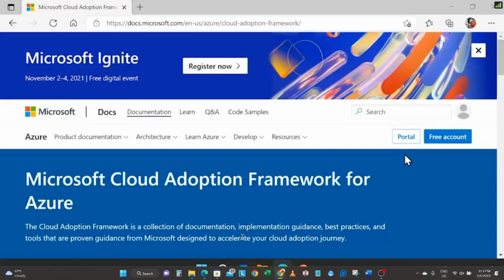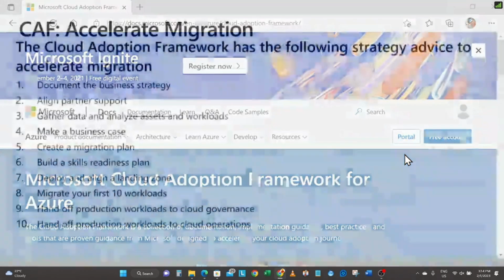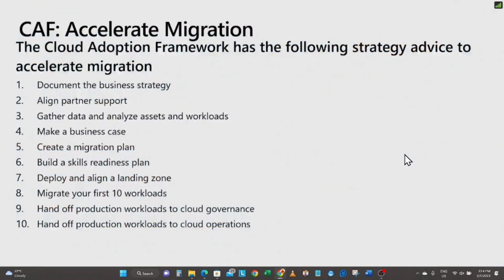So something you want to get used to. You want to bookmark that page, go to it right now. I know the link's already been up on the screen, probably there right now. Just bookmark it and have something to go back and refer to. It's going to help you no matter what workload you're going to be migrating into Azure. So back into our slides for a second here as we come in through this module.